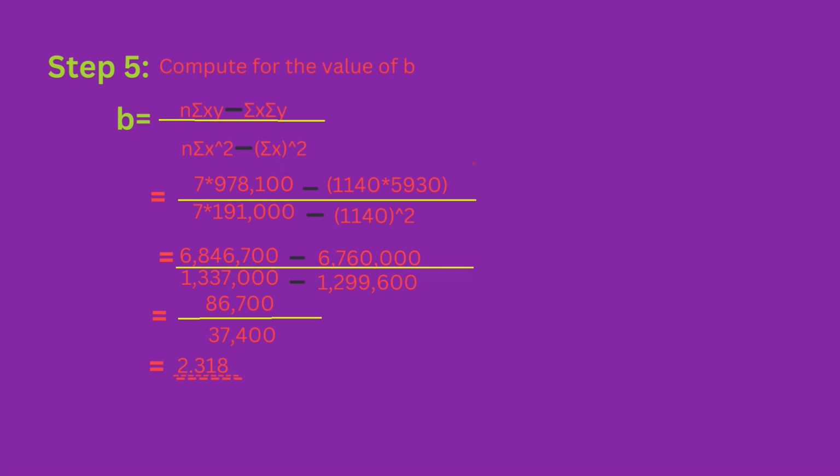6,846,700, minus now 1,140 multiplied by 5,930, which will be equal to 6,760,000, divided by 7 multiplied by 191,000, which will be 1,337,000, minus summation of x, which was 1,140, and then we square, which will give us